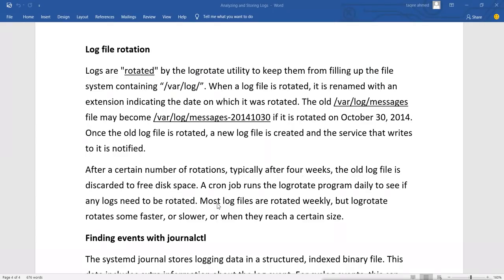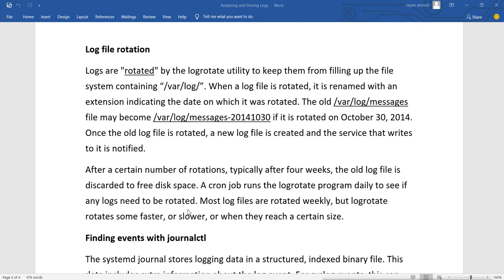Then a cron job runs the logrotate program daily to see if any logs need to be rotated. This cron job runs every day to check with the logrotate program whether there is any log to be rotated or not.